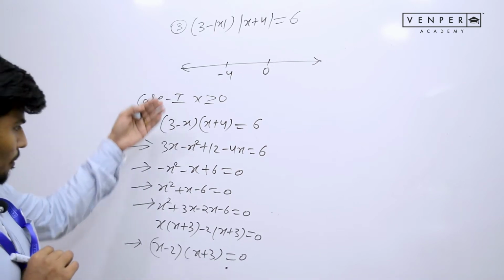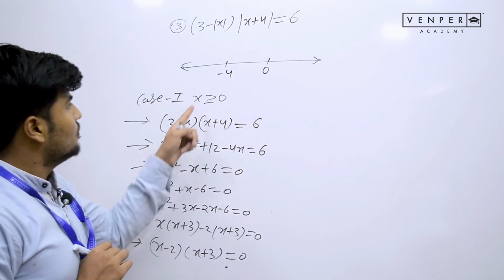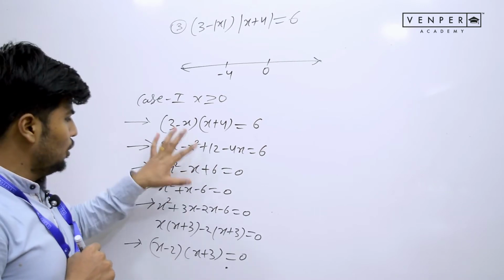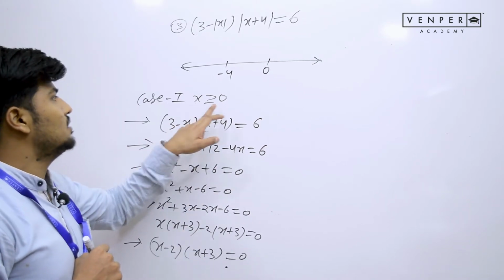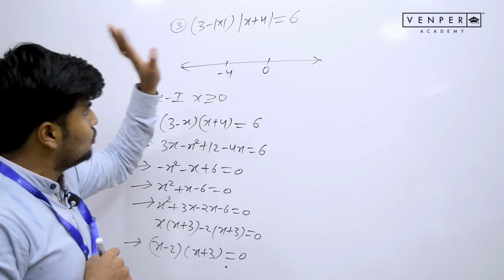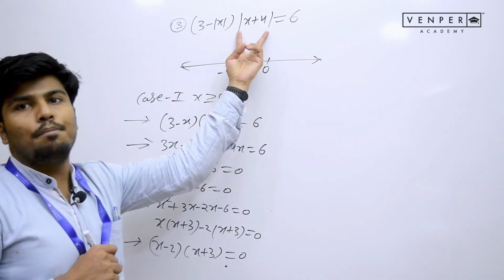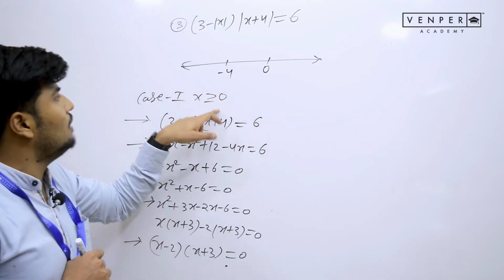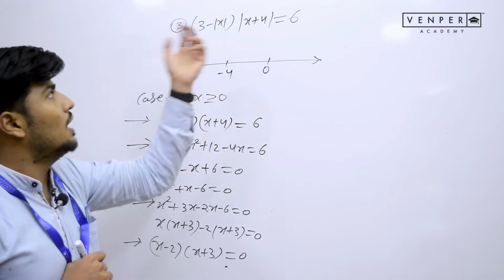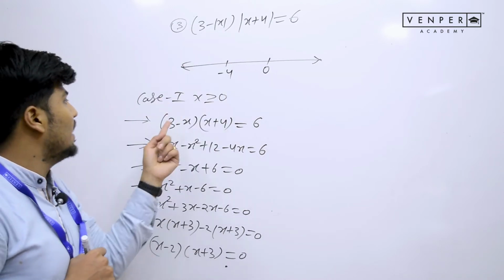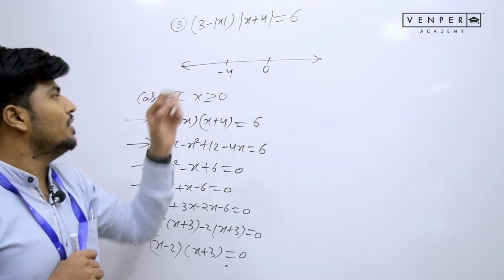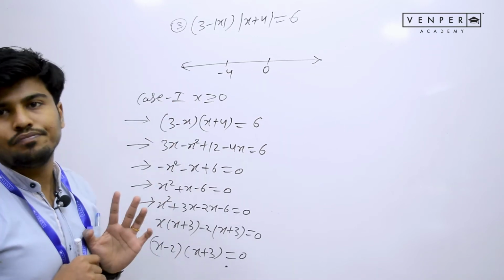I hope you don't have any problem understanding so far. The only thing you need to understand is that this is a simple calculation. What we need to understand is that x is greater than or equal to 0. If x is greater than or equal to 0, this modulus will be positive and this modulus will also be positive. You can keep any value of x greater than 0 and check yourself whether both brackets come out positive or not. That's why I have taken positive and removed the modulus sign. Without removing the modulus, you cannot solve it like this.